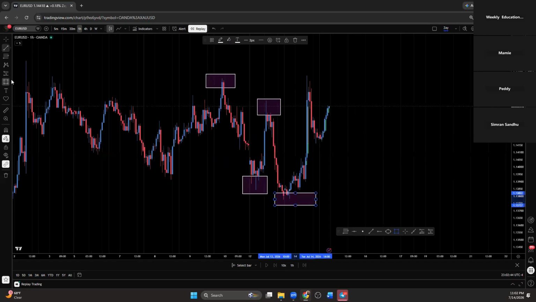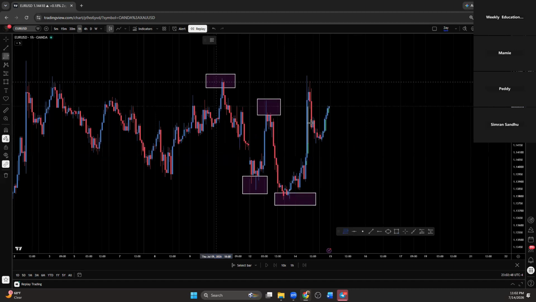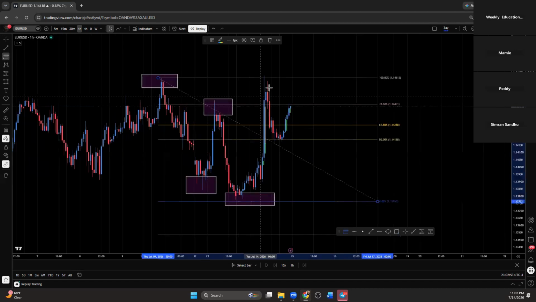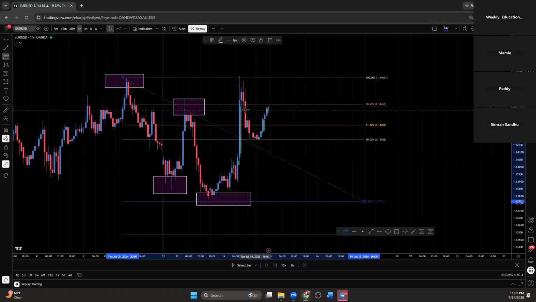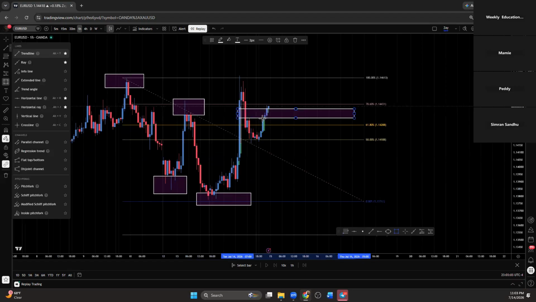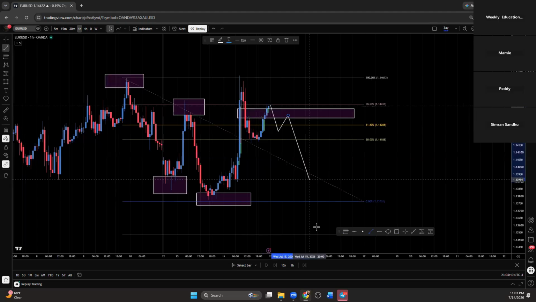So what happened right here, in my opinion, is nothing but another liquidity sweep. If we drag the fib from this high to this low, you could still just have this nice little liquidity sweep, and the market is just now retracing back into what looks like a fair value gap to me. You can easily wait for the market to come back below here, below your 61.8, let it give you a nice little lower high, and then sell it off.